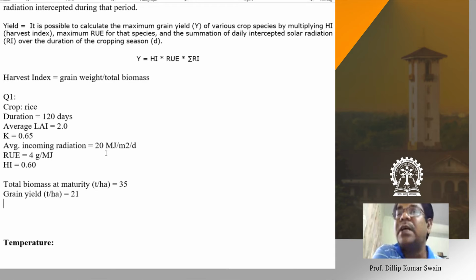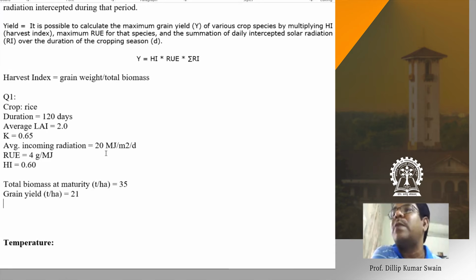Near infrared is not intercepted by the crop. So that's why you take the 50%, because for plant interception, the plant does not receive radiations beyond photosynthetically active radiation, that means beyond 0.4 to 0.7 micrometer. So in general, of the total incoming radiation, around 50% is your photosynthetically active radiation, within the range of 0.4 to 0.7 micrometer